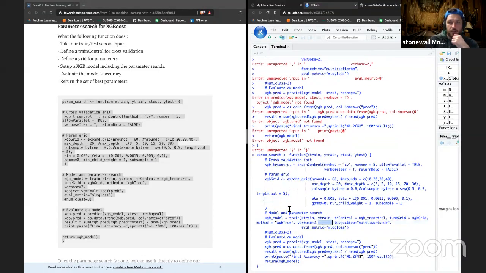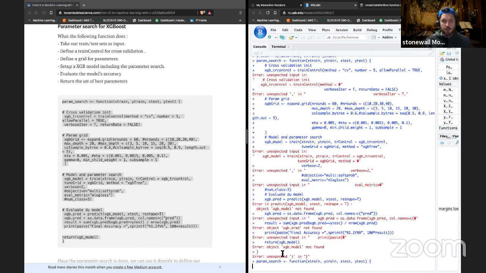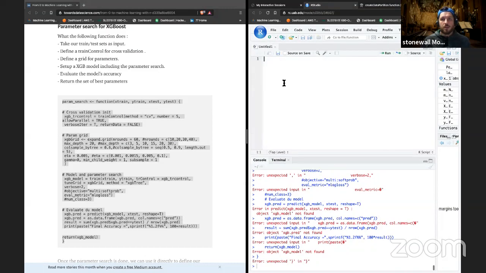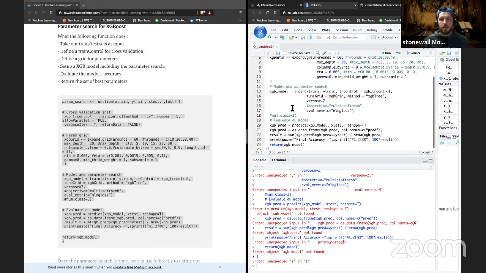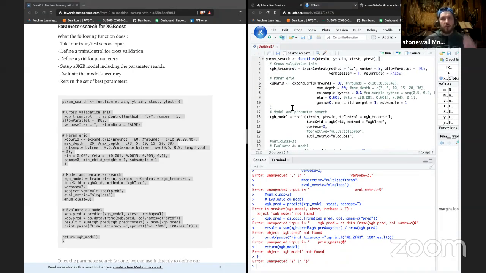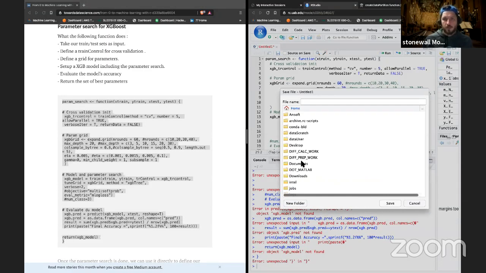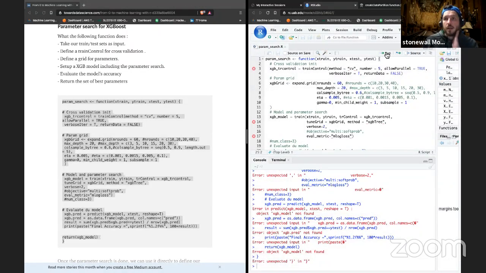Let's do this inside of an actual script file instead of in here, because I have a feeling it's going to work better that way. All right, so I'm coming up here, I'm going to click on R script and type it in here. And you see it's code highlighted. So this is great because this will probably work. If I save this, I think UTF is fine. We'll just call it the same thing that it is, param search. All right, so if I run that,